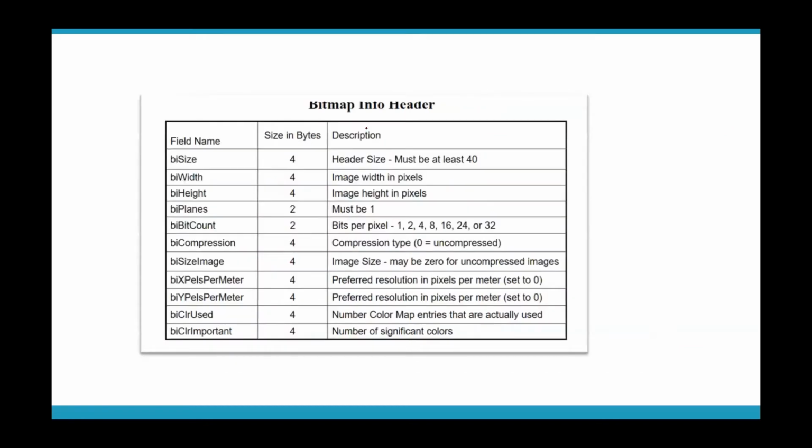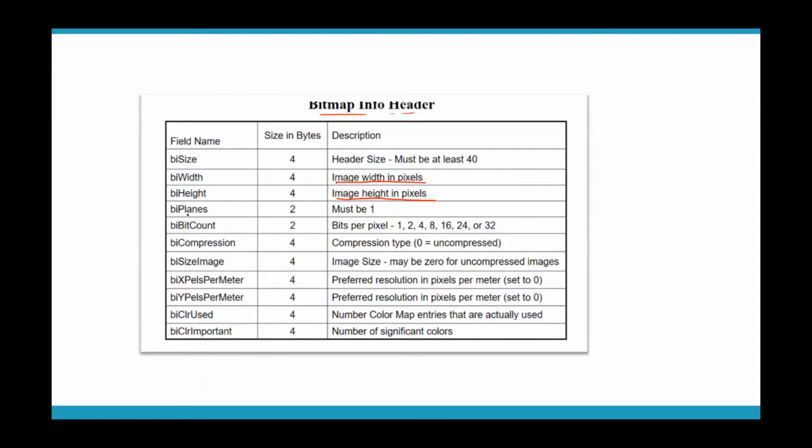Okay. Now let's have a look at the second component, which is called the bitmap information header. Okay. So here you have a lot more information, especially related to the dimensions of the image. So you can see here bitmap size. So this is talking about the size of the information header. Okay. Then you have the width information, height information. So how much is the image width in pixels? How much is the image height in pixels? Those are given in these two fields.